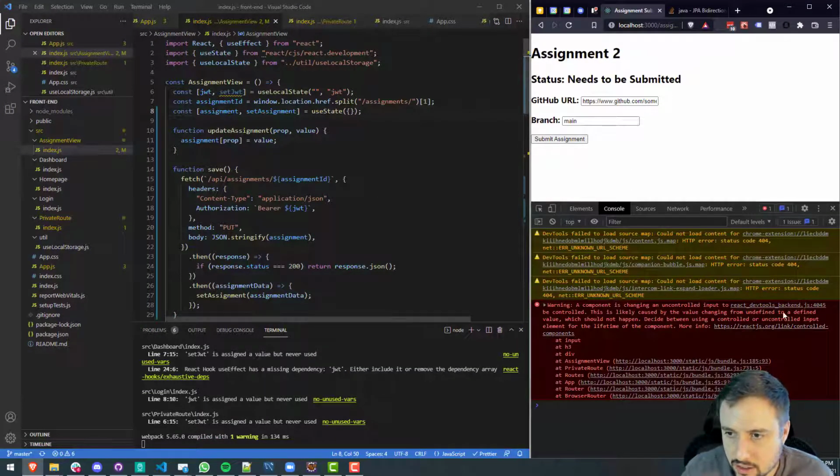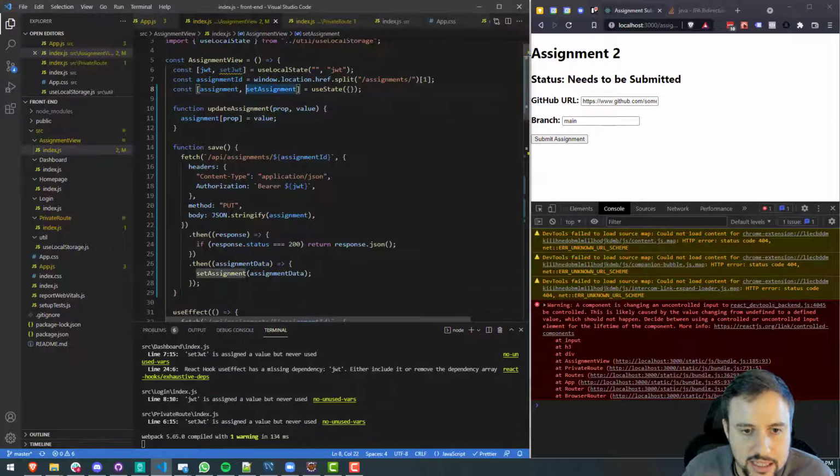So still undefined to a defined, which should not happen. Decide between using a controlled or uncontrolled input. So the assignment itself,